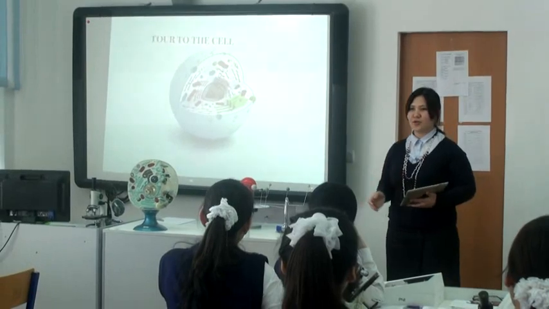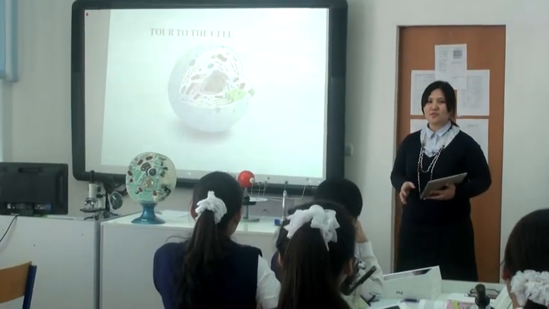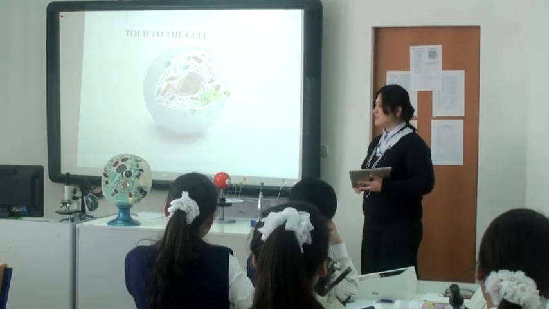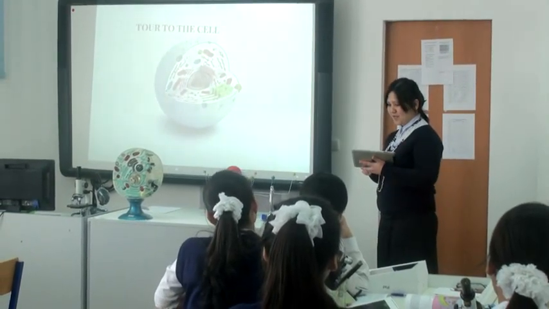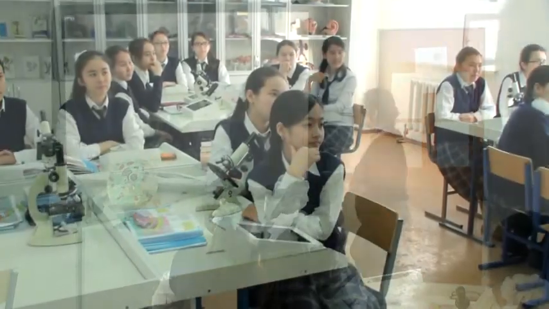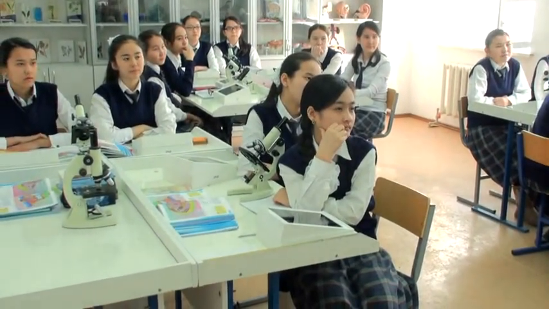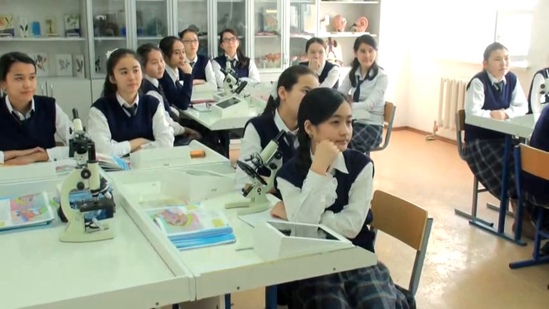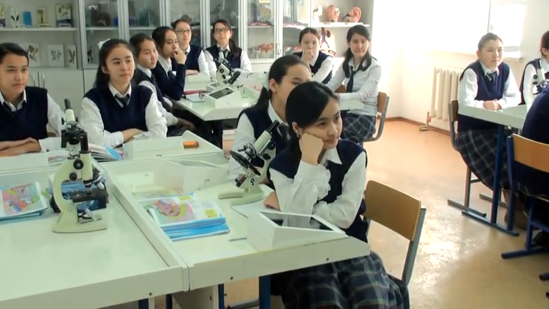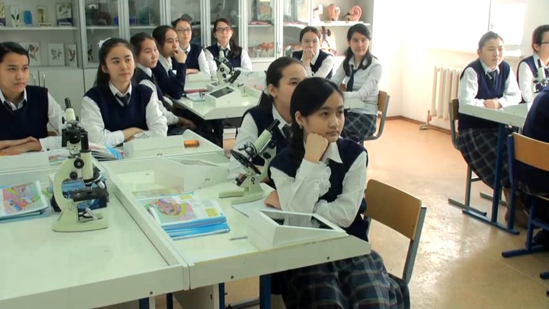Now, in this cell, you can see many colored parts, of course, from this model too. So we are going to learn the names of all these organelles, one by one. Okay? Let's start from the smallest, then we will continue till the largest. Now, first organelle is ribosome. Ribosomes are very small, tiny organelles, and their function is to synthesize proteins.